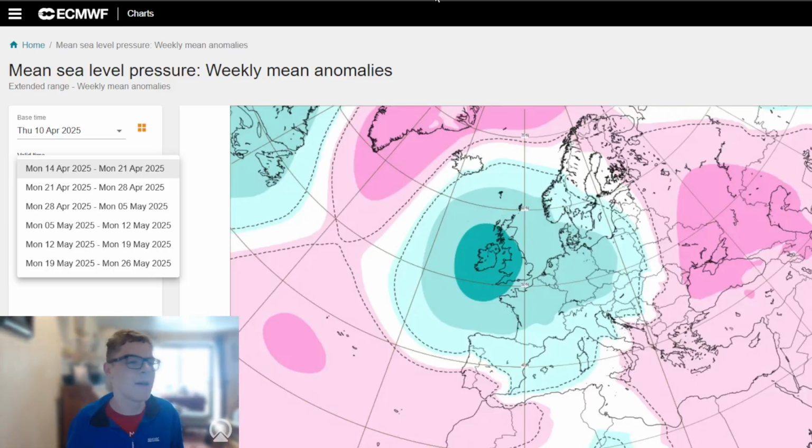Now at the moment it's pretty pleasant. Right now when I'm filming this, it's 19 degrees and it's beautiful blue skies and sunshine. But that is going to be swept away soon by slightly cooler weather, but it's still going to be around to slightly above average. But what does the rest of April and May hold? What are the weather prospects for April and May? We'll have a look at all that in today's video.